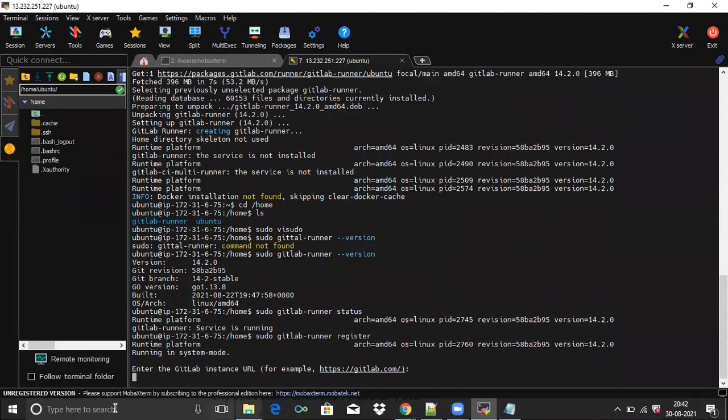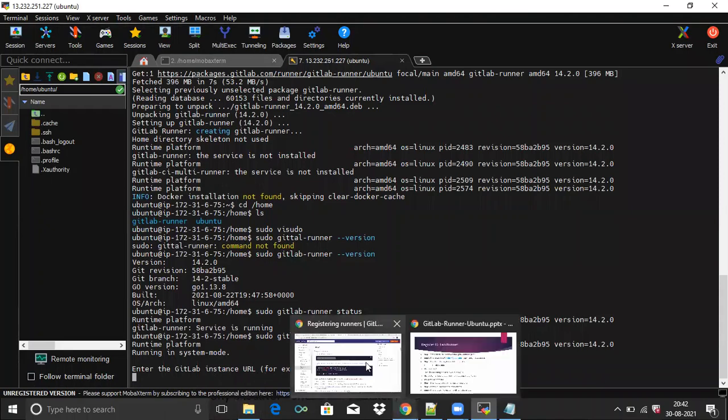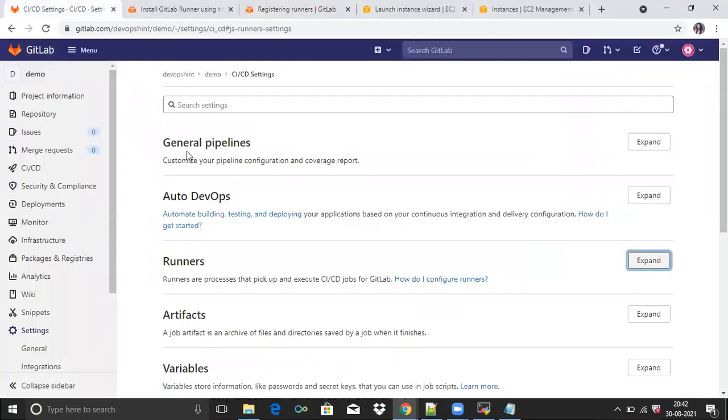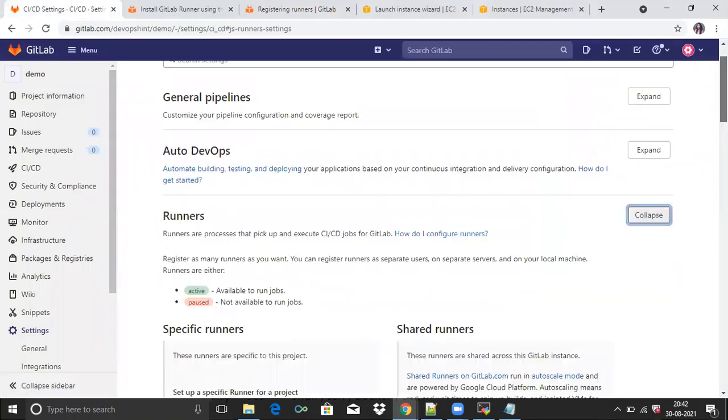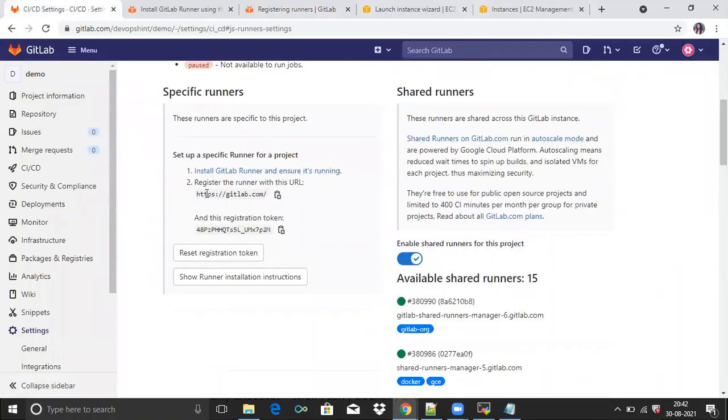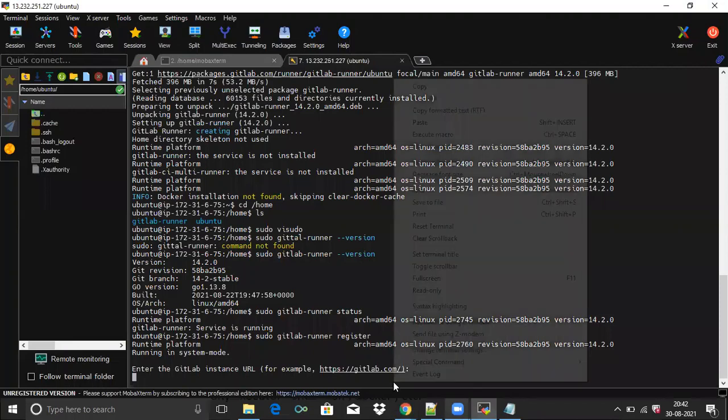Enter. Now enter the GitLab instance URL. Go to your GitLab account, go to settings, then CI/CD and expand runners. Scroll down and you can see register the runner with this URL. Copy this URL and paste here.